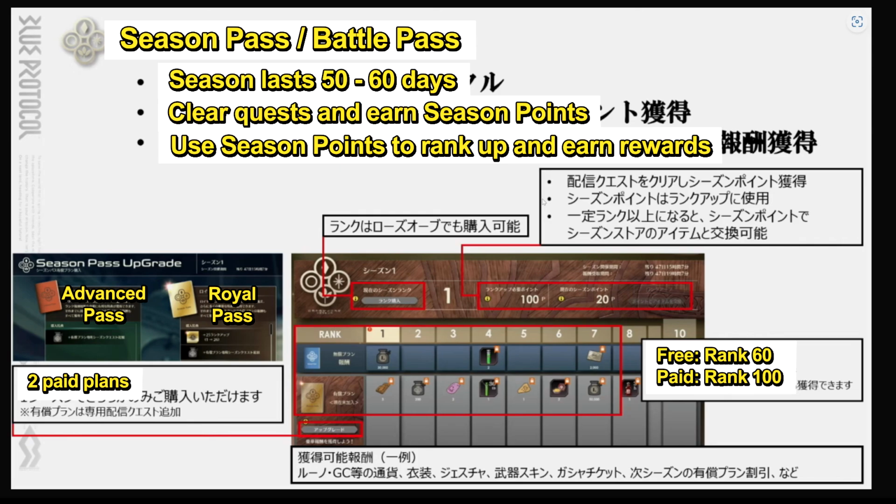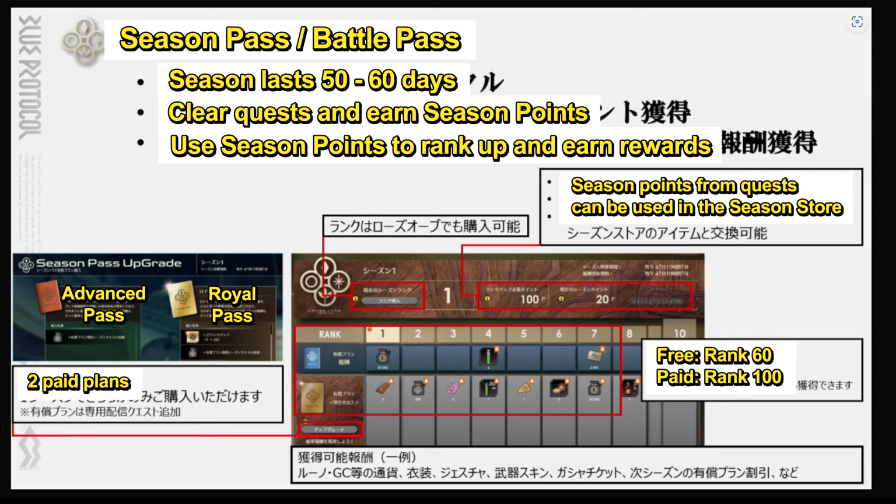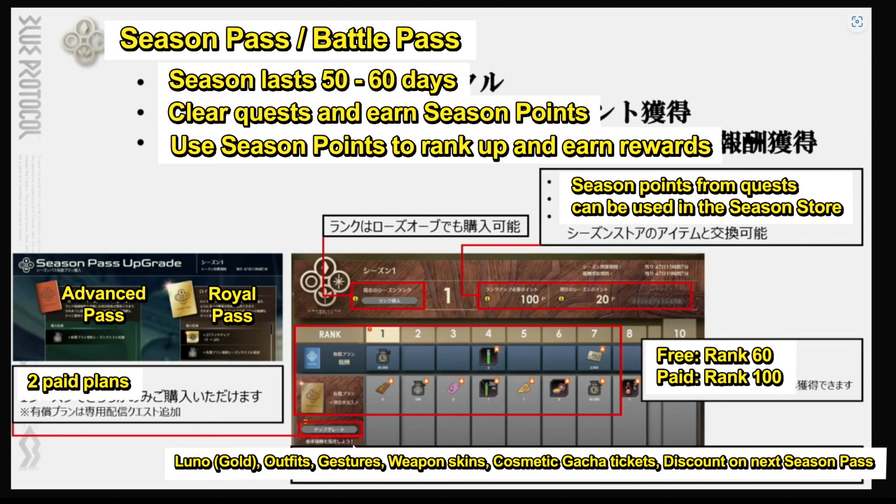And with these season points as well, you'll also be able to use the season points that you get from these quests in the season store, which they didn't really talk about what was in the store. So that's up for interpretation later on. Finally, the items that they talk about in this battle pass are pretty much the Lunos, which are the gold currency for the game, various outfits, gestures, weapon skins, gacha tickets for cosmetics,